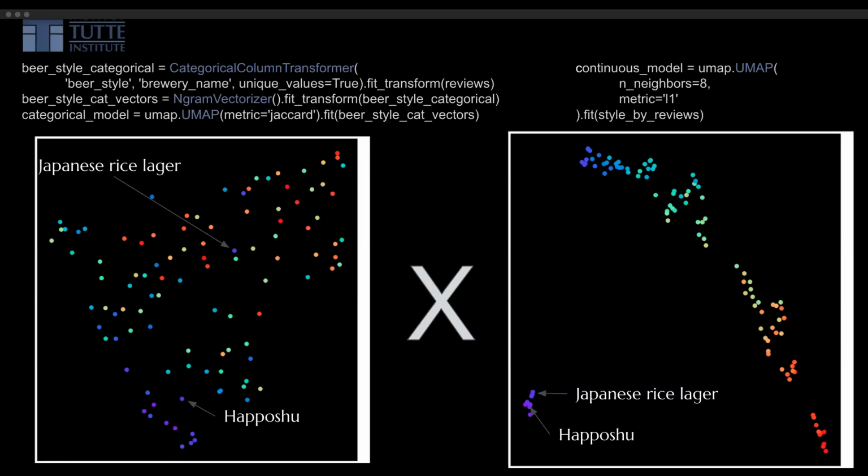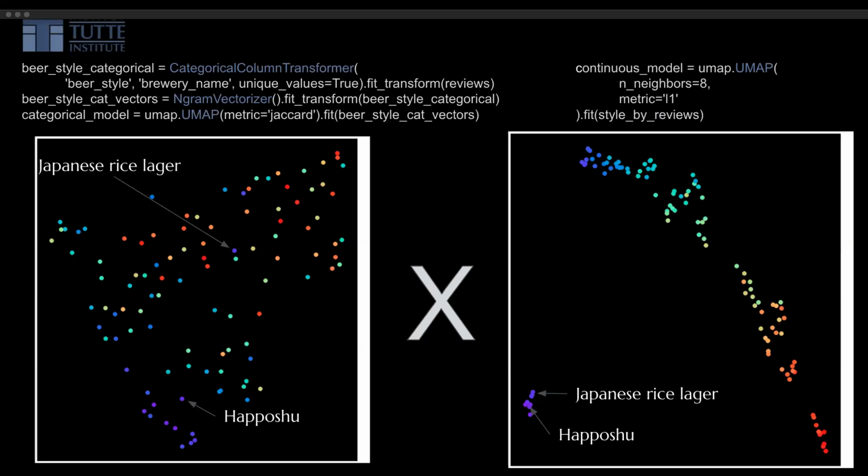I took 2 embeddings of beer styles based on very different representations of that data. The embedding on the right represents beer styles by their median reviewer rating on a variety of quality axes, like aroma, appearance, palate, taste. I look at the L1 distance between the styles, and I embed them into a 2-dimensional Euclidean space with UMAP. The embedding on the left is derived from categorical features, which are hard to combine with continuous ones like scores. This particular one expands out to 33,000 dimensions,